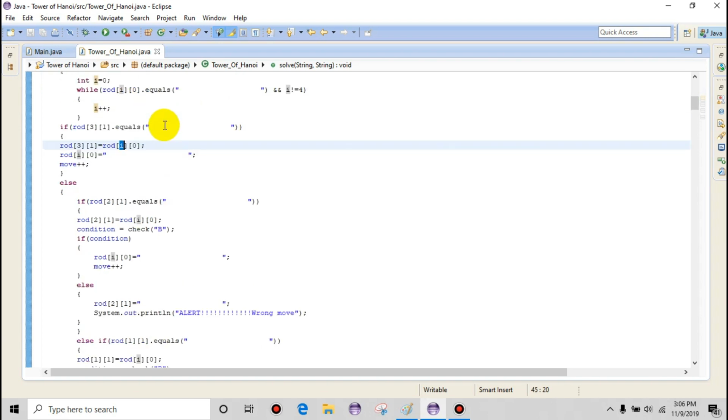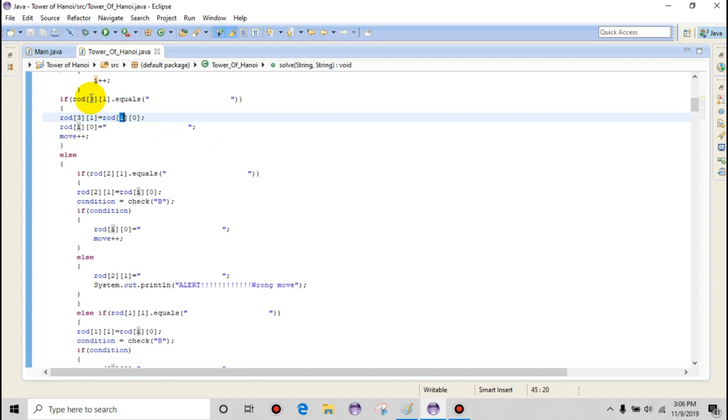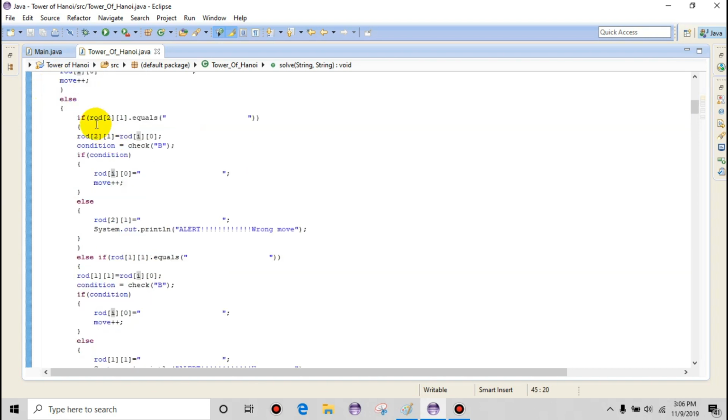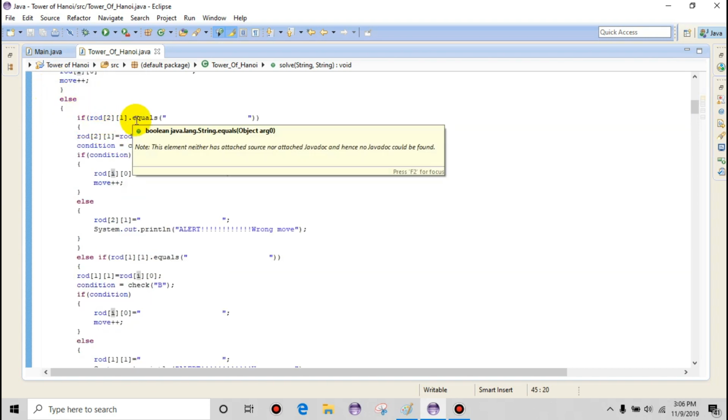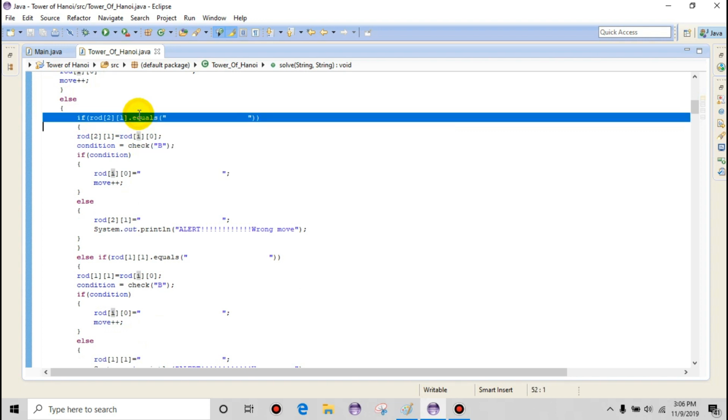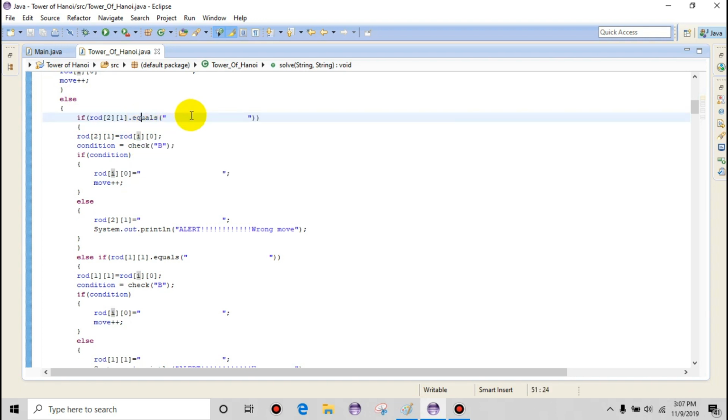Otherwise, if we suppose that this is already present, in that case all these if conditions would become false, and it will enter the else block, and now it will again check whether the next position to 1 is empty or not. If it is empty, then it will just move the disk from A to B at the 2 1 position and check the